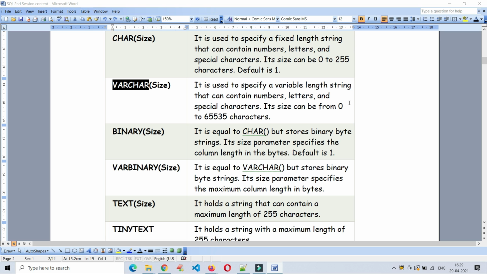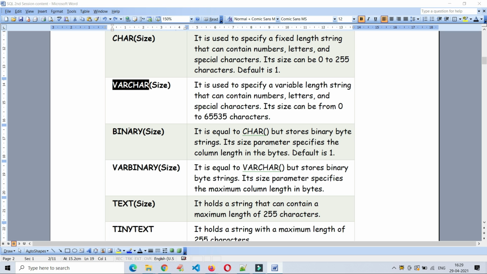In that we can enter numbers, letters and special characters also. Variable length, it will automatically increase based upon its size. That is the internal design for varchar data type. So generally varchar is the most used one in real time.